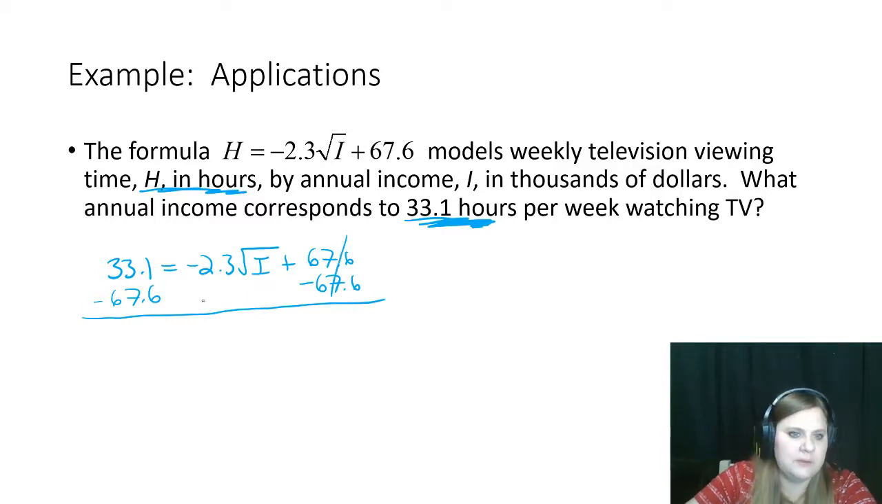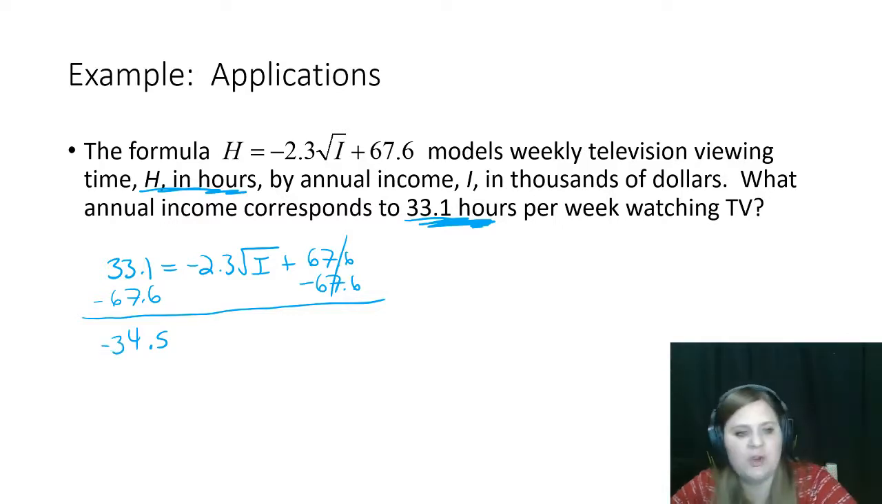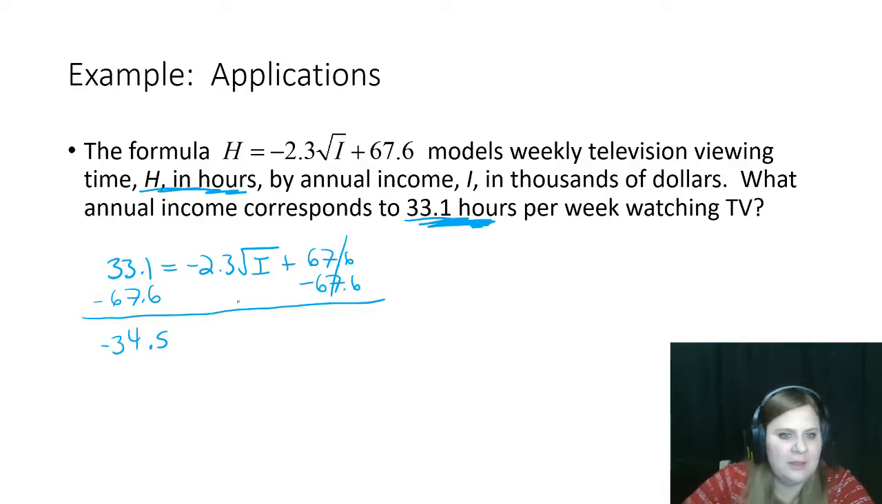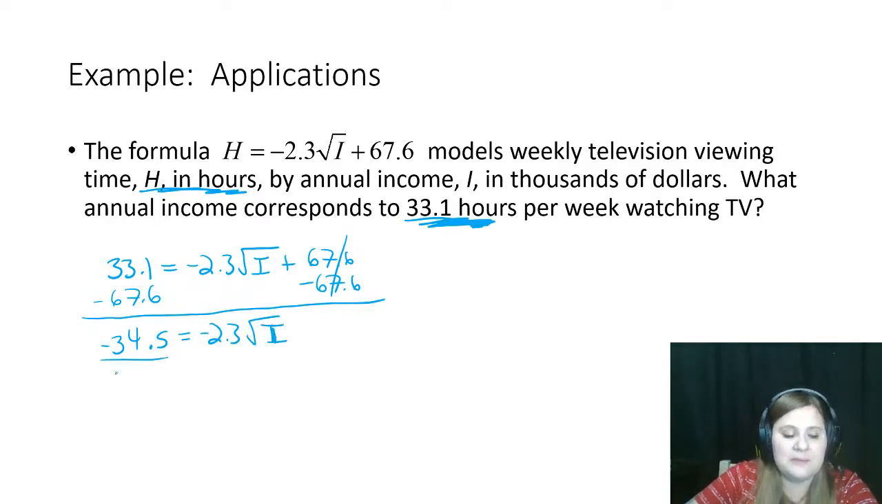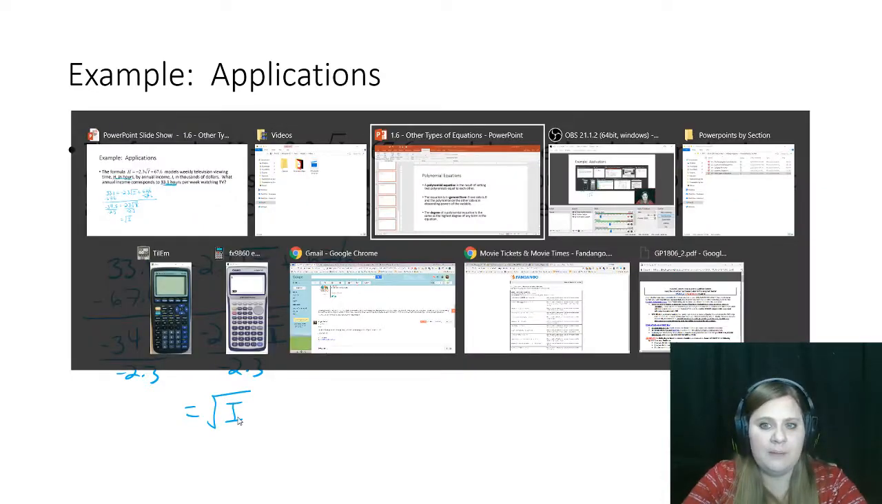This is going to cancel over here. And I'm going to end up with, I believe it's negative 34.5 equals negative 2.3 root I. Now, I'm going to divide both sides by negative 2.3. And this would be a calculator problem, just so you know. So if you bring up your calculator,